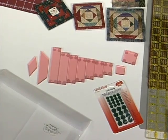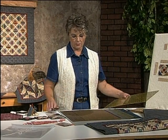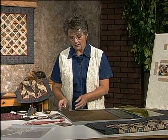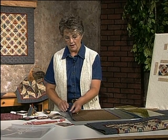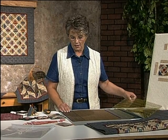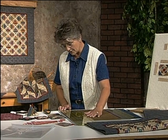Ahead of time, I have laid 6 layers of fabric up on top of the board. And like I said, this is a perfect quilt to use up scraps in, so you'll see that we have quite a variety of widths of fabric on top of each other. And I'm going to straighten all 6 of these fabrics at one time. So I will lay the ruler up on top of all 6 layers of fabric,